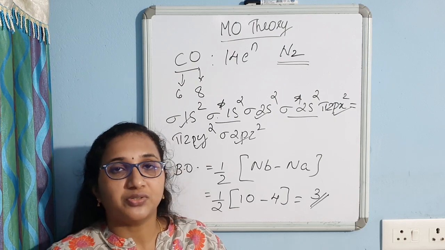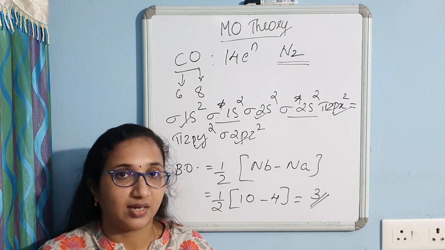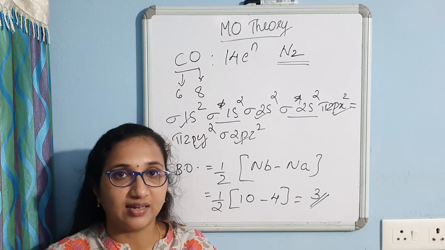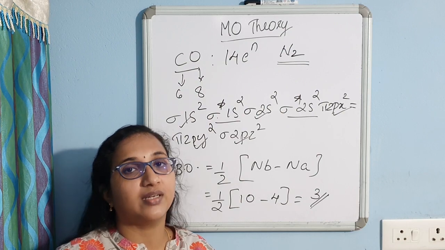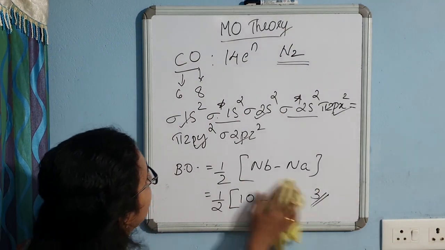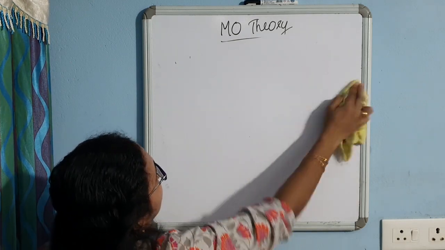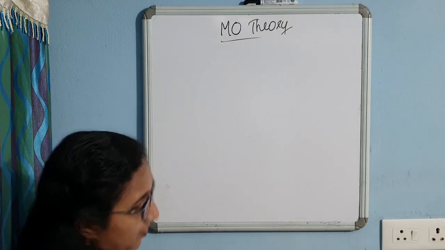But even though the MO configuration is the same, their MO diagram is not exactly similar. Some similarities are there, but there are some differences as well. So let's see what are the differences in the MO diagram of carbon monoxide and nitrogen molecule. First of all,